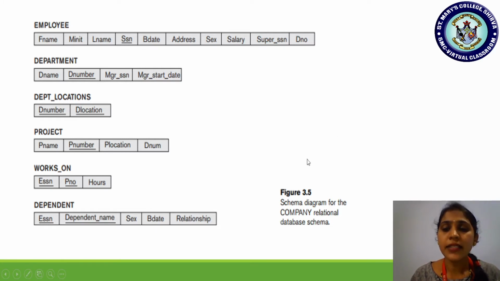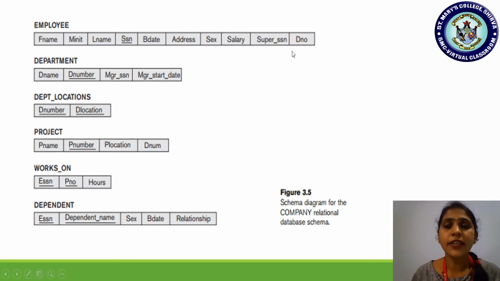Relational database schema, the diagram is labeled as such. Here we have a relation between employee and department. How will I say that there is a relation between employee and department? Because in the employee schema, we are telling which department the employee works in by adding the department number attribute.